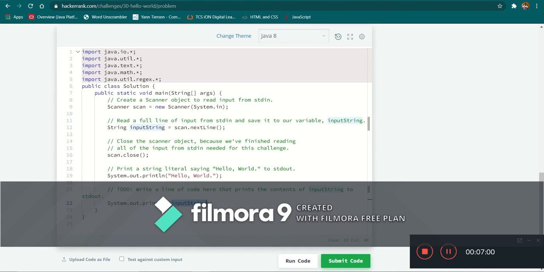Now if you notice, the variable name is not enclosed within double quotes. This is because the variable can have a different value in the program. The value is not fixed, which is why we do not enclose it in double quotes. And then at the end we must add a semicolon to end the statement.